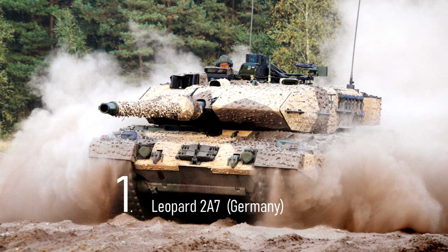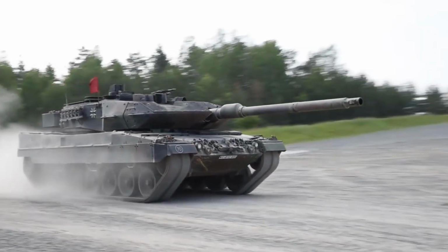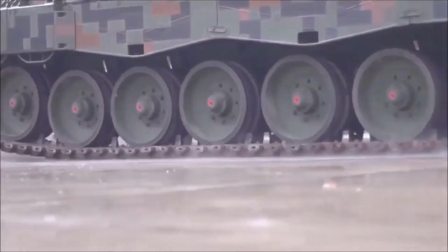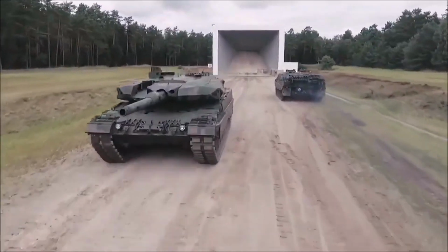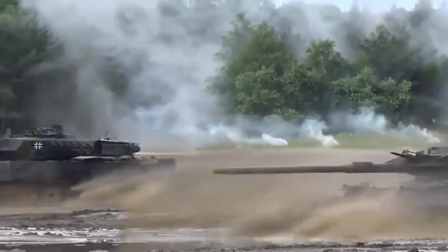Number 1. Leopard 2A7, Germany. It's a recent version of the proven and successful Leopard 2 design. It has additional armor and updated electronics. This tank has better accuracy and longer range of fire compared with other tanks due to its powerful gun and advanced fire control system. This main battle tank is armed with a Rheinmetall 120mm L55 smoothbore gun, as well as